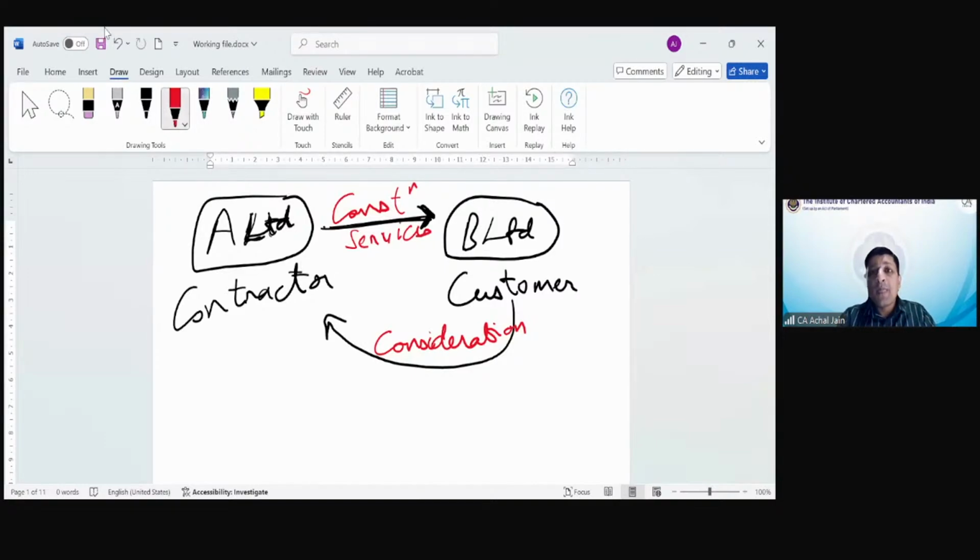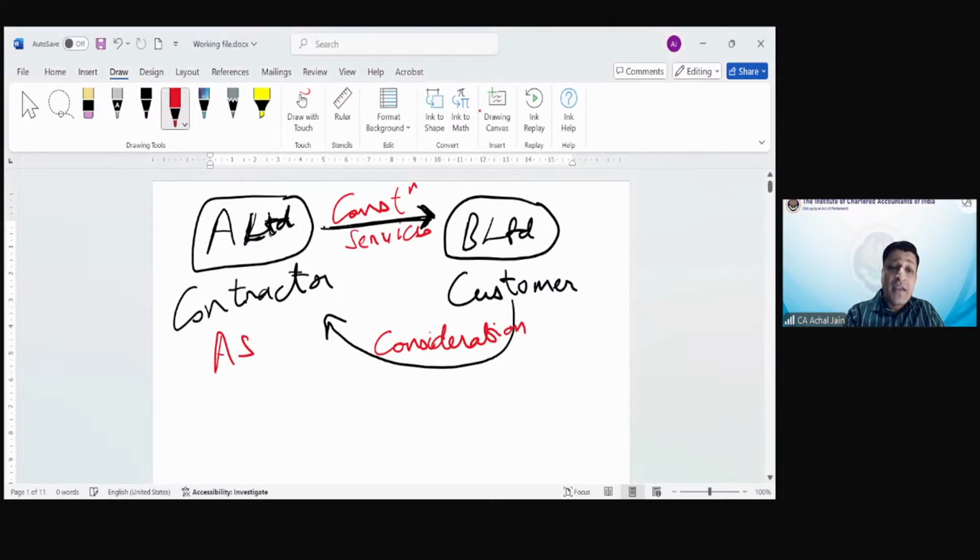Cash. Okay. Now, in this case, because A Limited is providing the services, when it comes to revenue recognition, who will recognize revenue out of these two parties? Quickly, tell me. Great. Aisha says A Limited. Hardik says A Limited. Very good. Asta says A Limited. Yeah, so it's very clear that A Limited will recognize revenue.